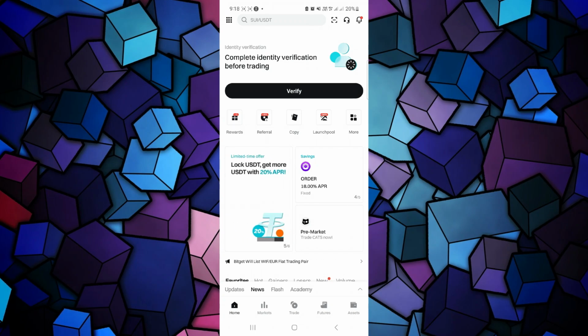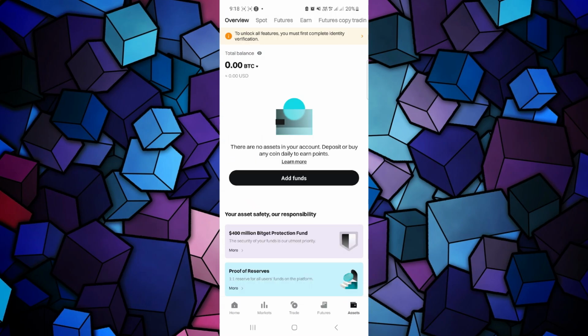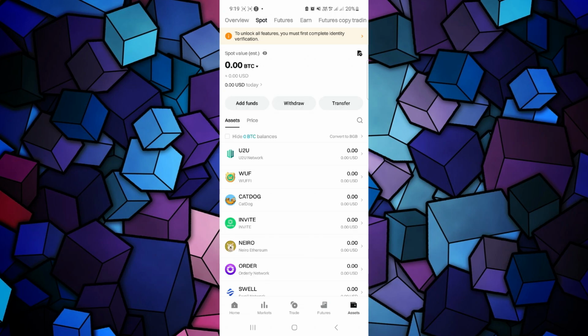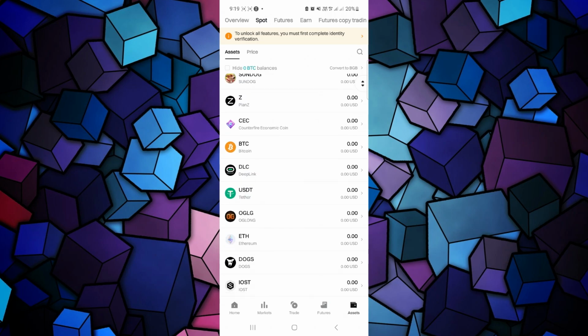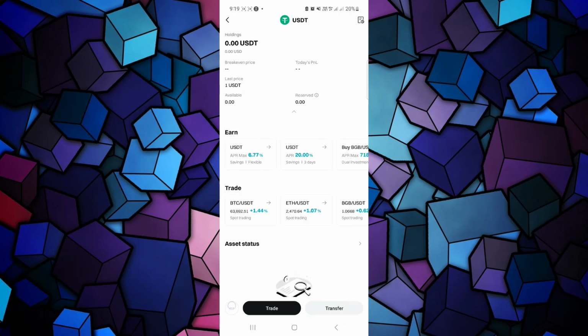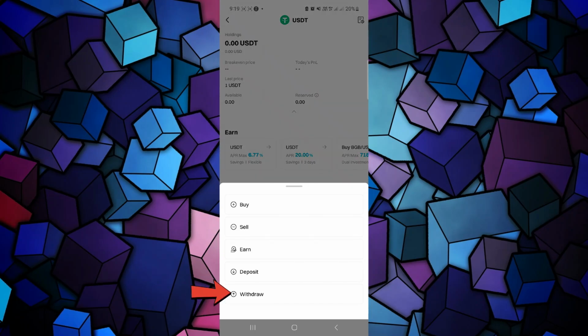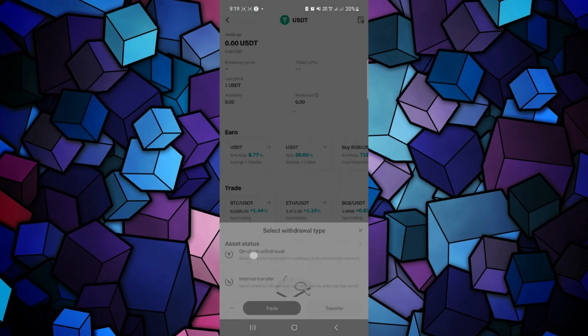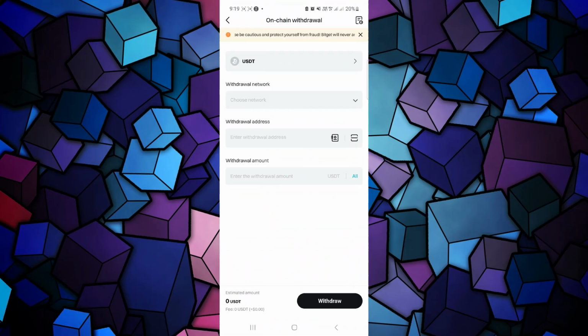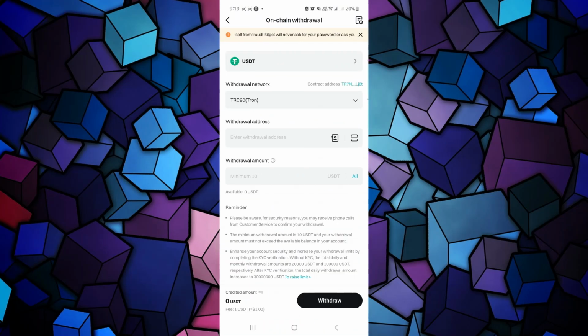Now, once you have your USDT in your Bitget account, simply tap on the Assets tab in the bottom right-hand corner. By default, you will be on this overview page, but you need to tap on the spot option in the top here, select USDT, and then over here you just have to tap on the withdraw option in the bottom. After tapping on withdraw, you will be landed on the withdrawal page of USDT where you just have to